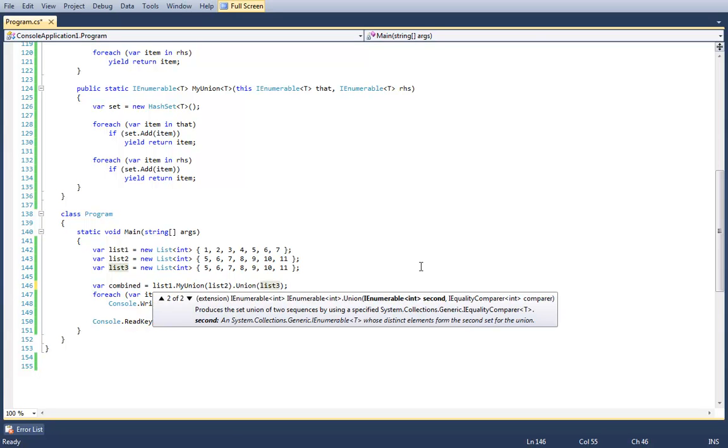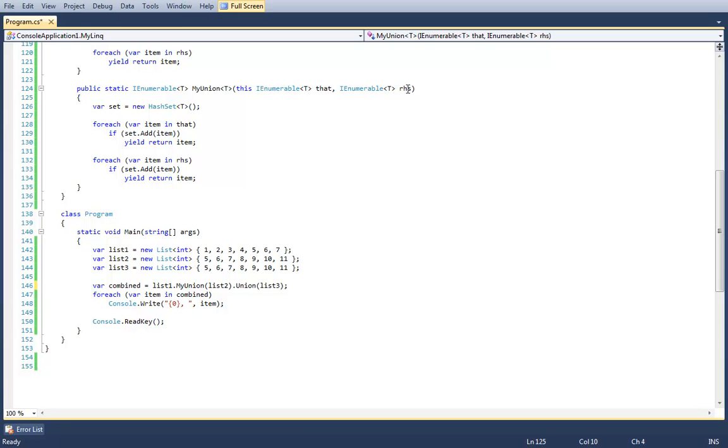You'll notice that the real union method does take in an IEqualityComparer as one of the overloads. I want to make that very clear to people who might be looking through the real signatures and notice this IEqualityComparer thing. What that means is the IEqualityComparer is simply the way in which it determines equality. If I wanted to implement my union that accepted an IEqualityComparer, it would look like this.